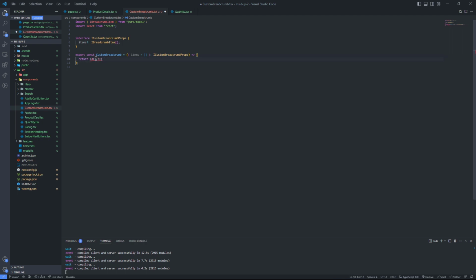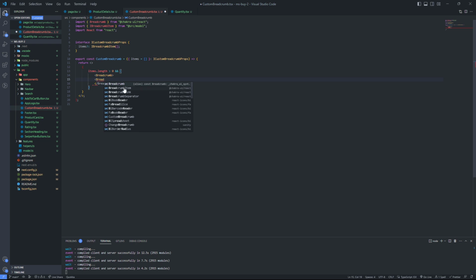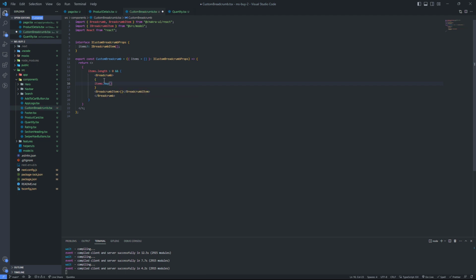use here. So first of all, I'm going to say items dot length. It is only going to show this if there are items, and I'm going to use breadcrumb from Chakra. That's why I call this custom breadcrumb. And inside it I'm going to have breadcrumb item, items dot map item, and that's what I'm going to render